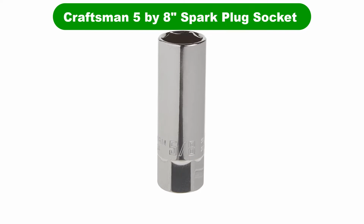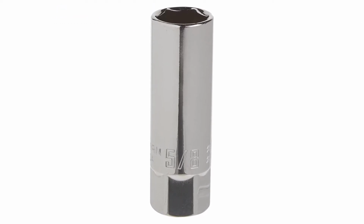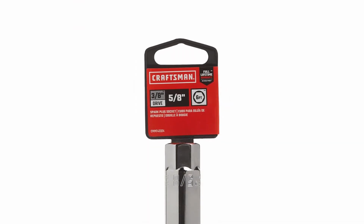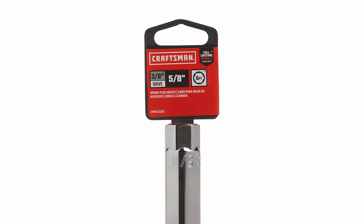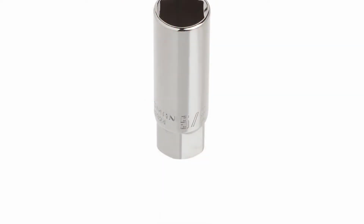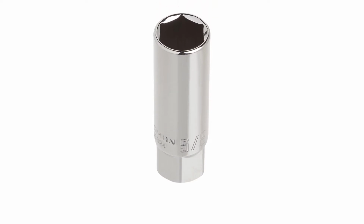Number 4. Our fourth best pick is Craftsman 5/8 inch spark plug socket. No extensions, no swivels, no problem. This is just a basic spark plug socket which is all a person needs in some instances. After all, most of us probably have enough extensions kicking around the garage already without adding more by way of